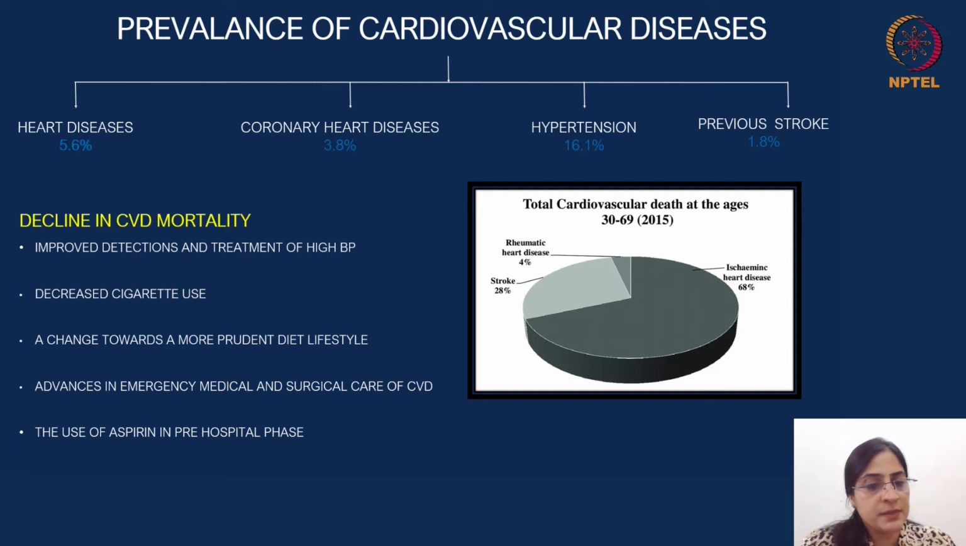Aspirin use can be therapeutic or prophylactic. Prophylactic use is in chronic hypertensive patients or diabetic patients or in old age, and therapeutic use can be in cardiovascular